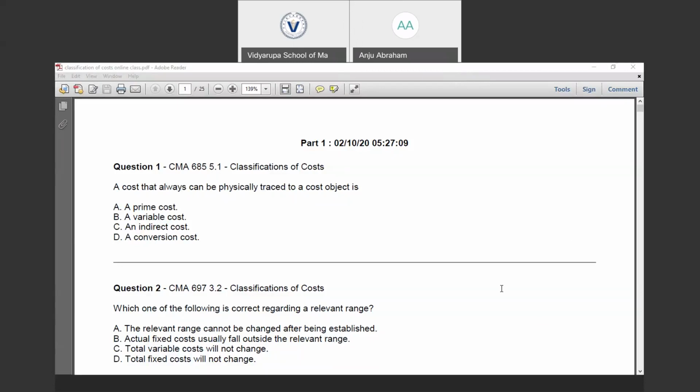Can you see the window? The questions, the PDF file that I opened. Okay. So let's carry on.